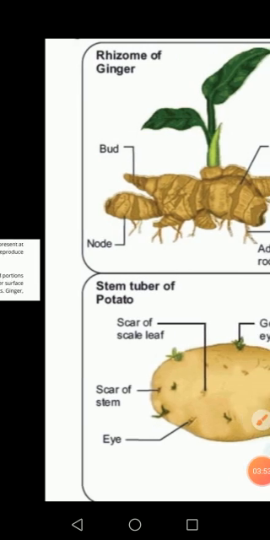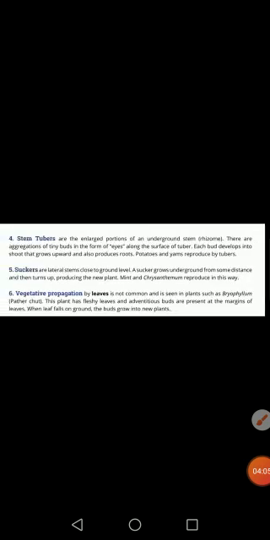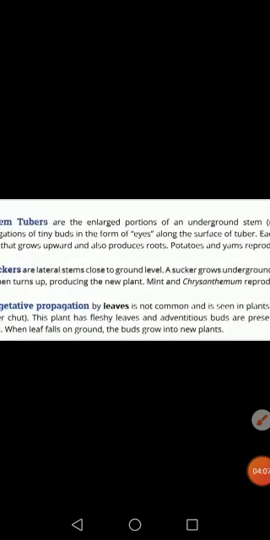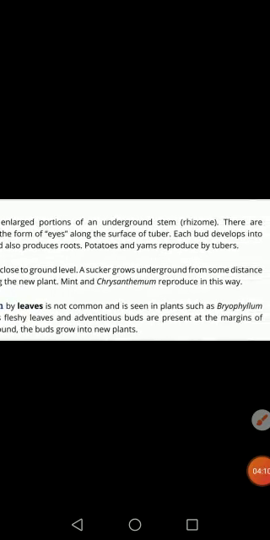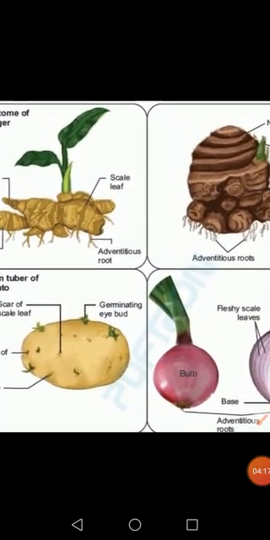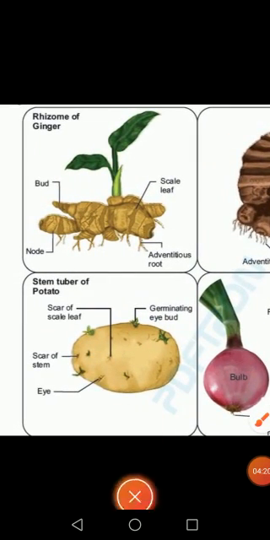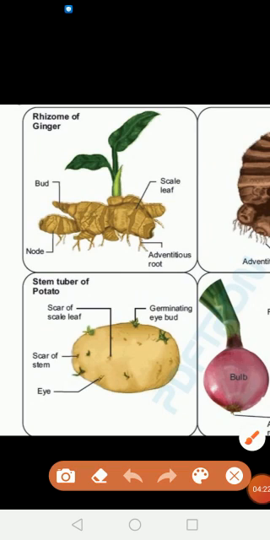Now ginger, fern and water lily, they also reproduce by rhizome. Okay, now the next method is stem tubers. These are basically a large portion of underground stems which is known as rhizome, and this is the rhizome of potato. In this potato there is an aggregation of tiny buds on it which then form the eyes.